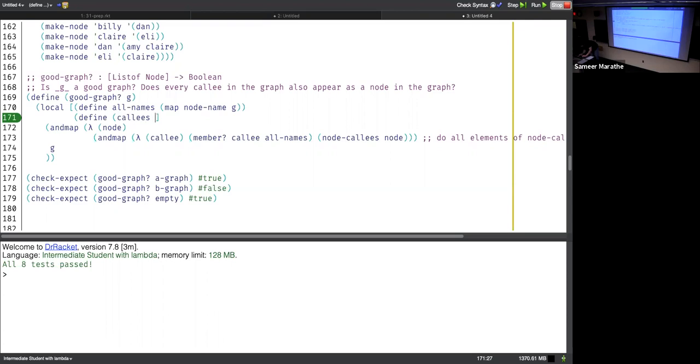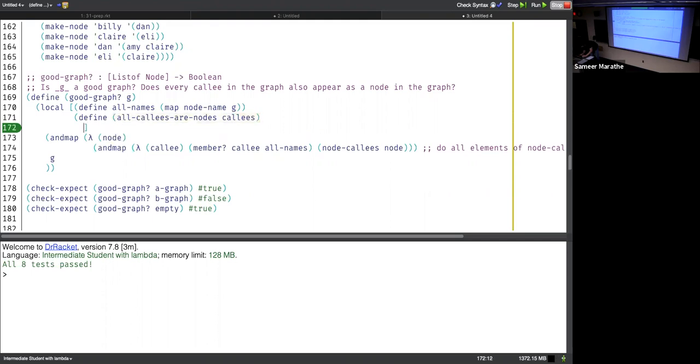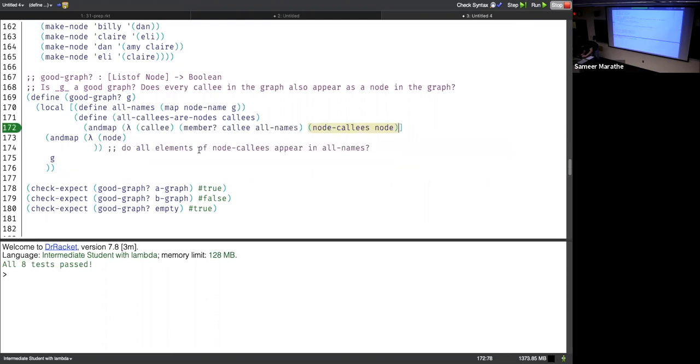So callee, yes, and let's say our nodes, for example, and we need the list of callees, and we can simply copy the definition and just use k, and here we just say